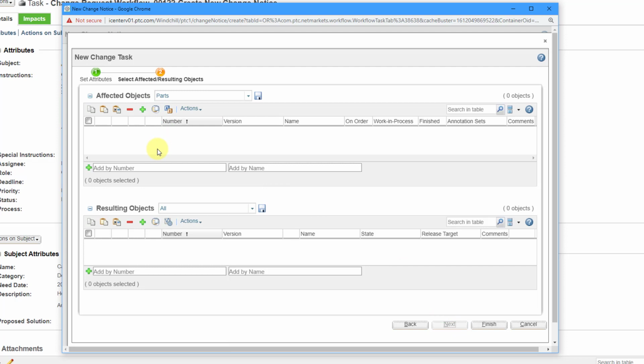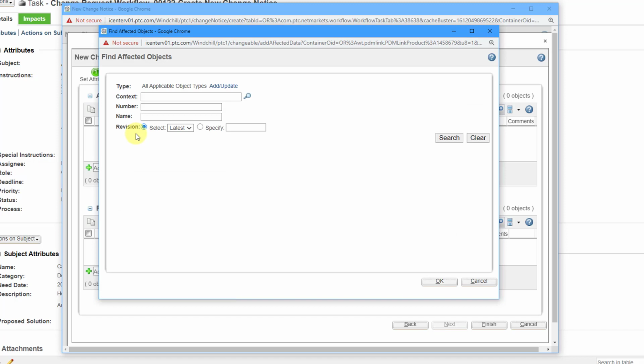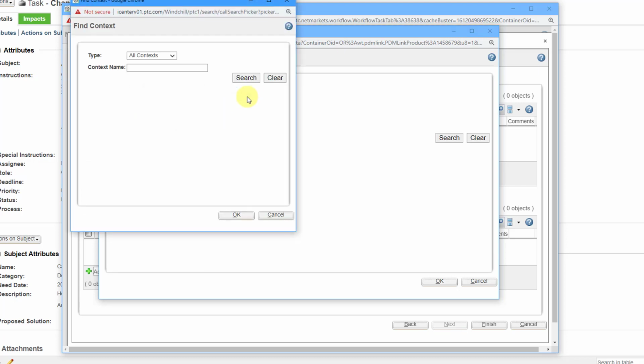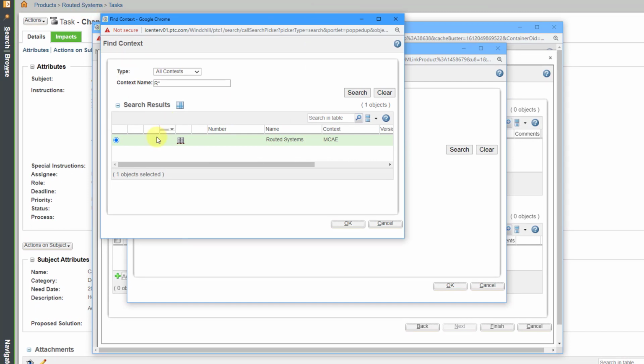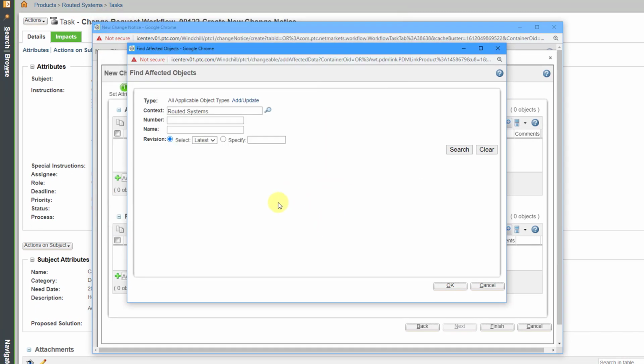and here we have the affected and resulting objects. And so for the affected objects, in here you can add in the stuff that needs to be addressed. So I'm going to click on the plus sign in order to add those different objects. And let's see, for the context, let me search for the different contexts, and it's the one from routed systems. And I could tell that because this task was in routed systems. It's been a while since I looked at this information in here. And then for the number,